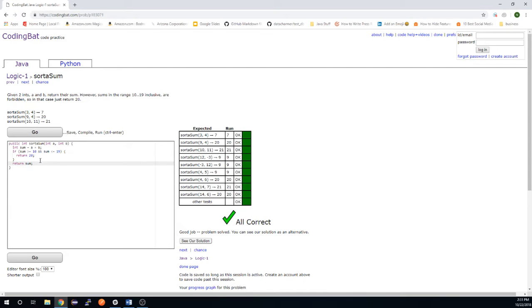So this is a very simple, clean way to do it. However, we could clean this up just a little bit more with refactoring. Let's leave that int sum equals a plus b. And then instead of a couple more lines, we'll use a ternary operator here and return either 20 or the sum by saying, is the sum greater than or equal to 10